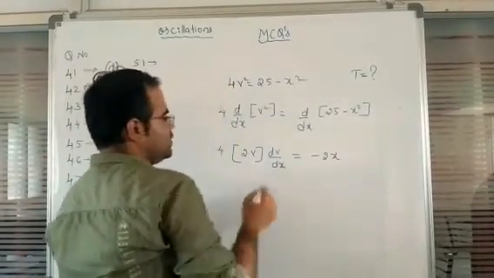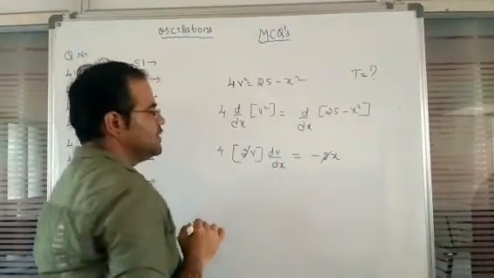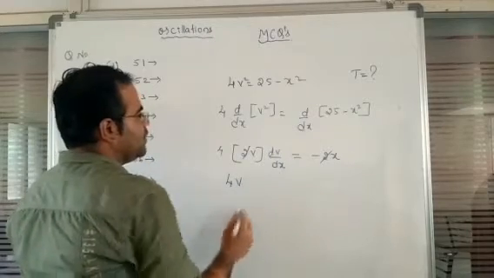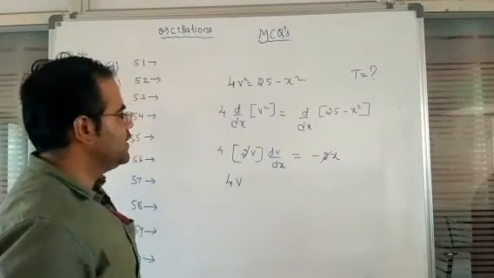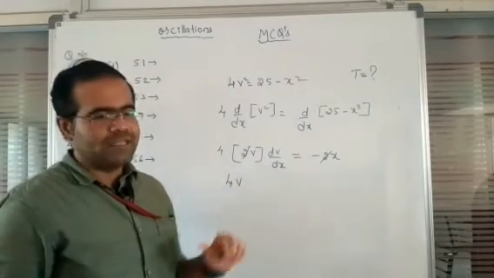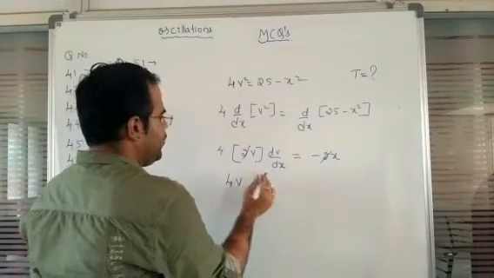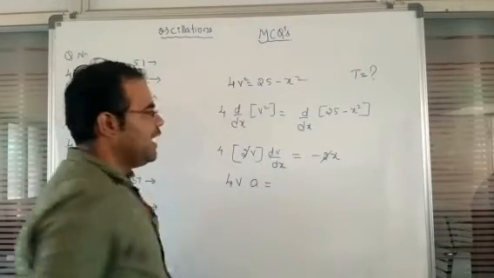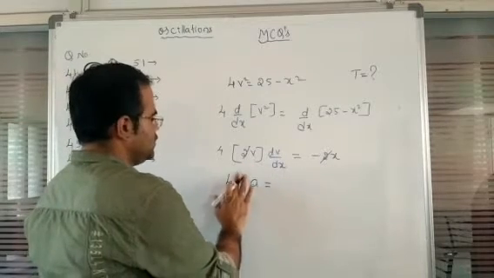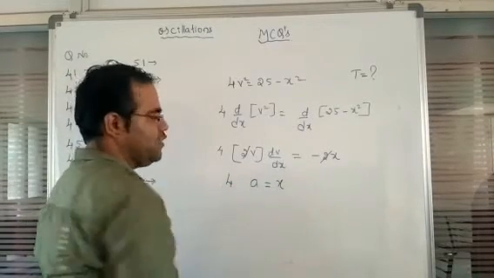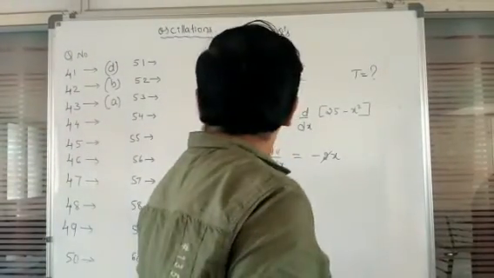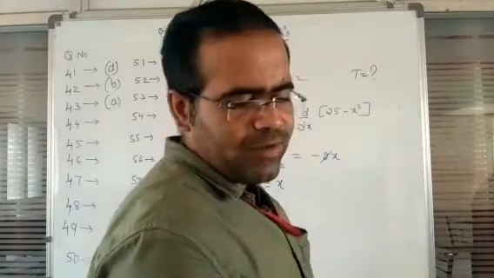Here 2 and 2 get cancelled. Now 4v multiplied by the acceleration, where dv divided by dx we consider as acceleration, and that is equal to the x value. Now in that one, again you are going to observe the value given by